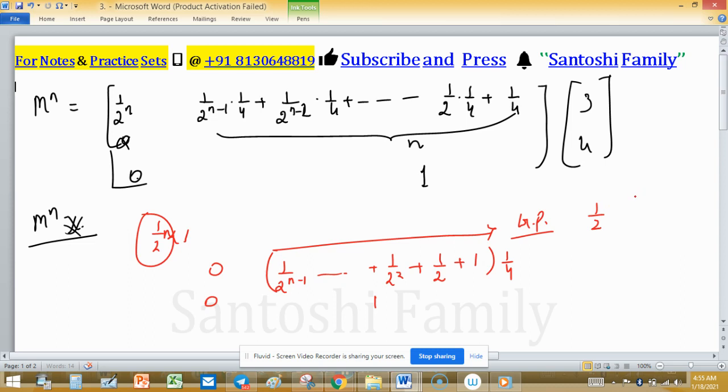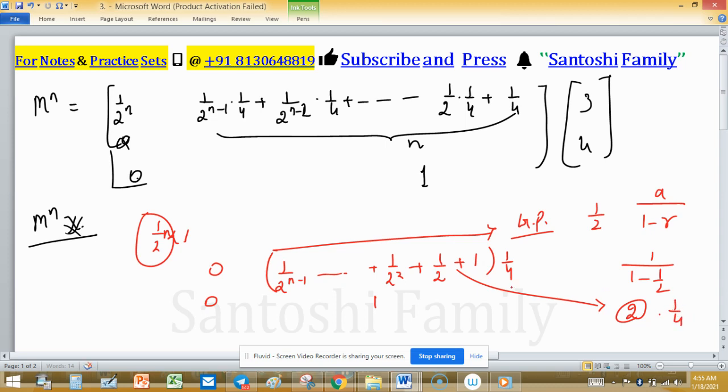So its infinite sum can be evaluated by the formula a upon 1 minus r. A is 1 here, and 1 minus half, so it will be 2. Now 2 here,